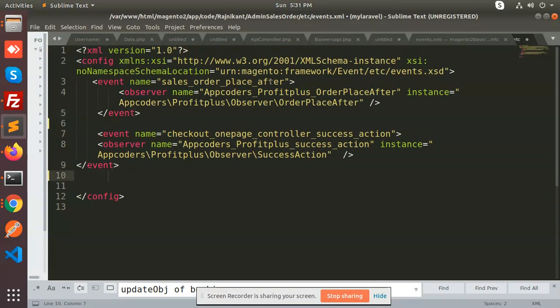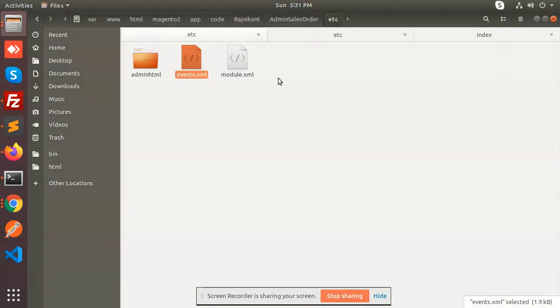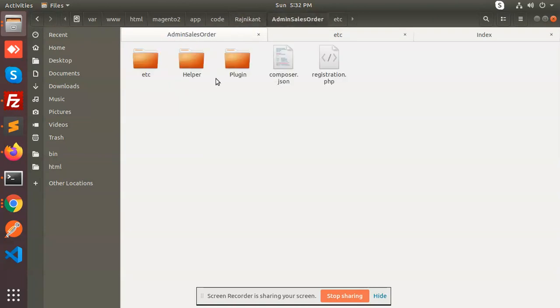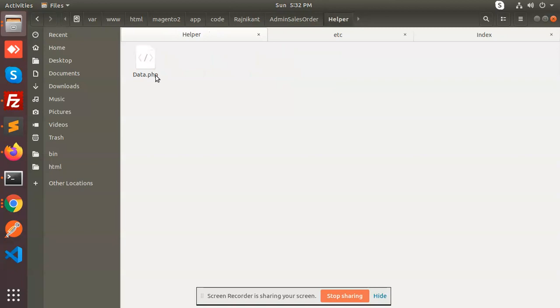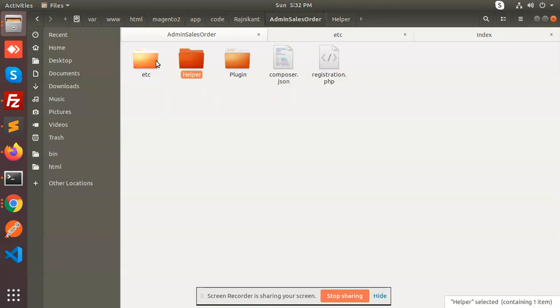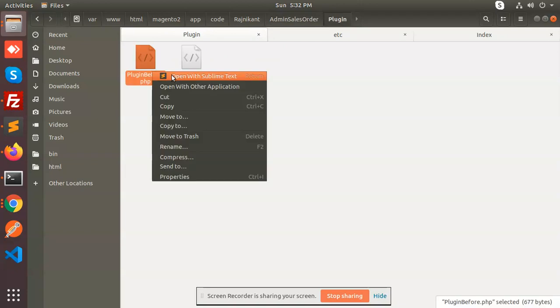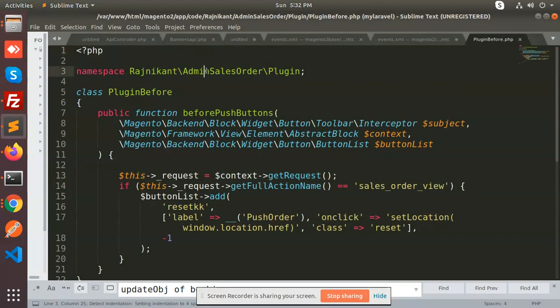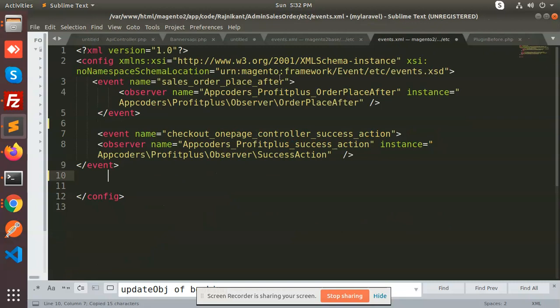Okay, so let's replace it with the vendor and module that we have. Let's open any module. Data, no, we haven't used it. So let's go to the plugin, and before I used admin sales order events.xml.